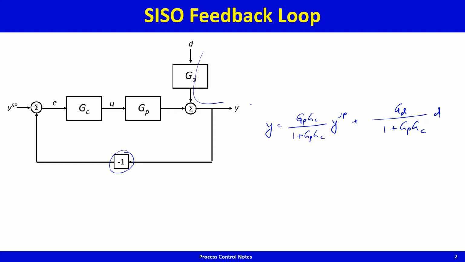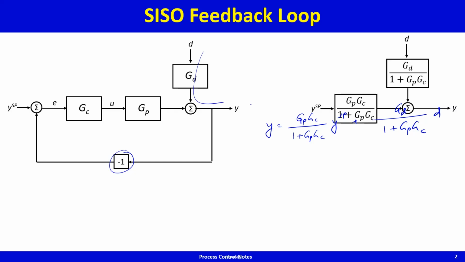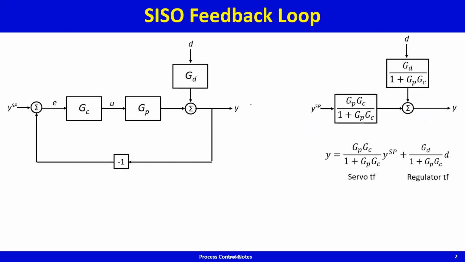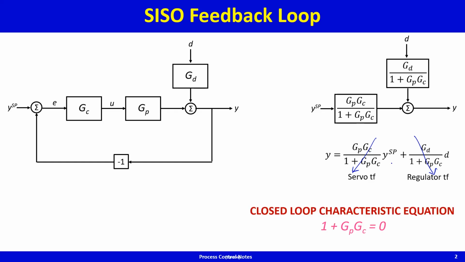So this is the resolved block diagram, and the resolved block diagram is shown here. This is the servo transfer function, this is the regulator transfer function, and you can see that the denominator of both transfer functions is 1 plus GP GC, and the roots of the polynomial in the denominator are the roots of the characteristic equation. So the characteristic equation for the closed loop system is this guy, and GC is typically a PID controller,